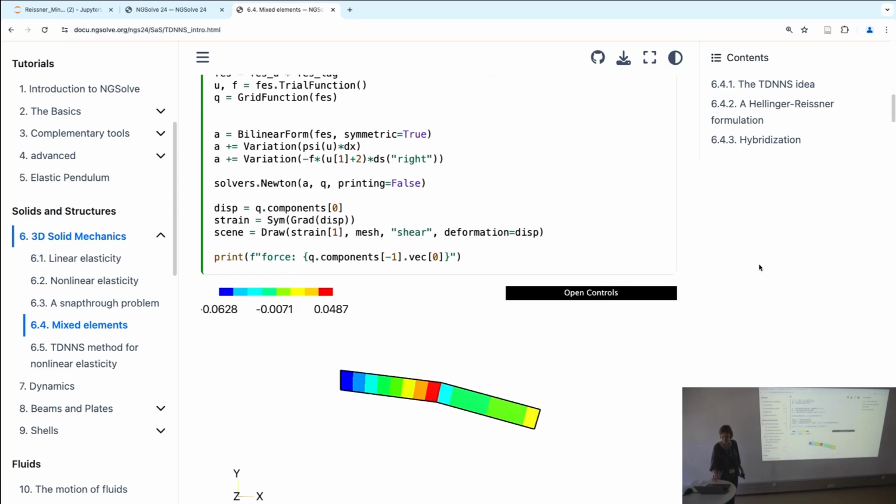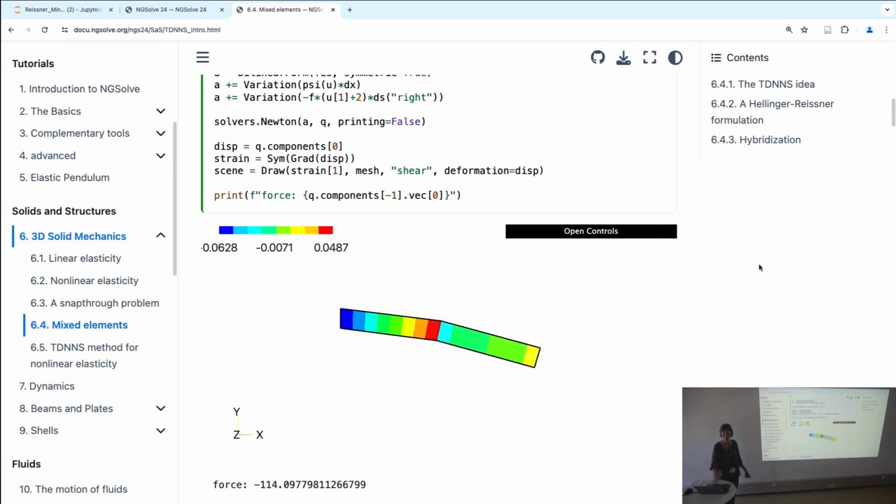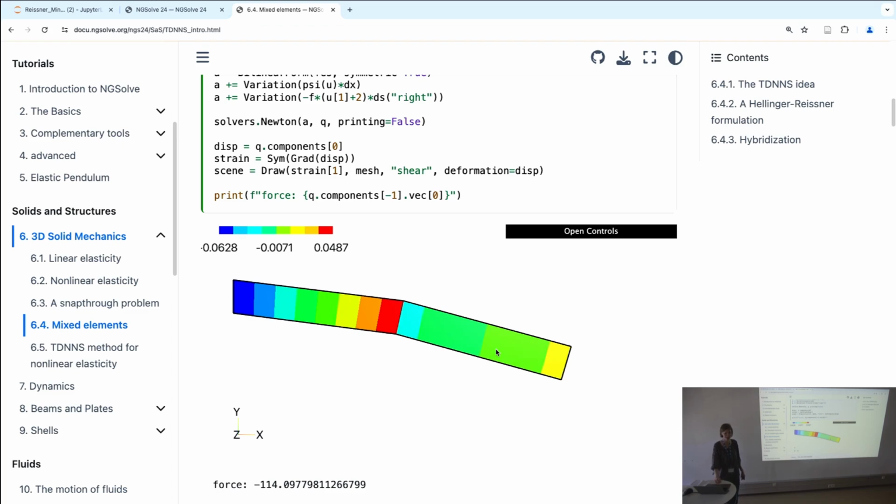And in mathematics, you always learn locking is due to Korn's inequality. In the mechanics department, I learned locking described as something much more visible. Just imagine a finite element mesh defined by two elements which are rather flat. We prescribe bending, so that the deflection here is prescribed, how far it has to go down. And then do the deformation using just two linear elements, and what we get is a lot of shear strain